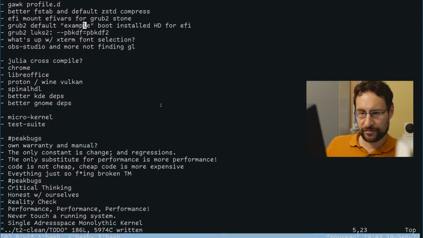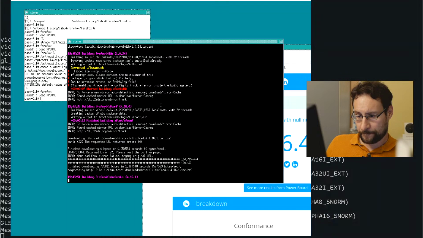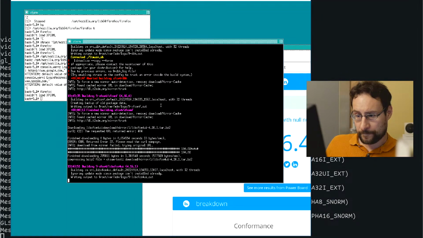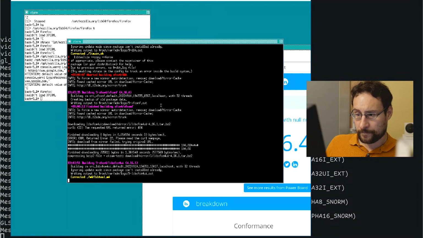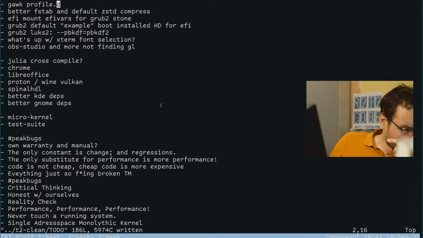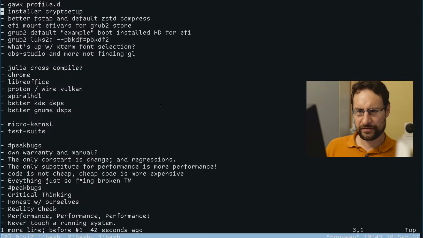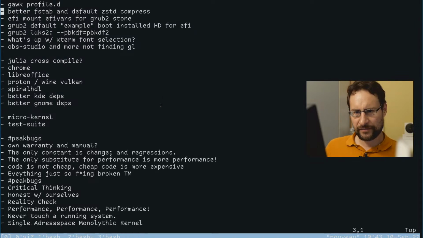I probably need to do that next. But hey, microkernels appearing there on the to-do list, amazing stuff. Why do I have this here twice?